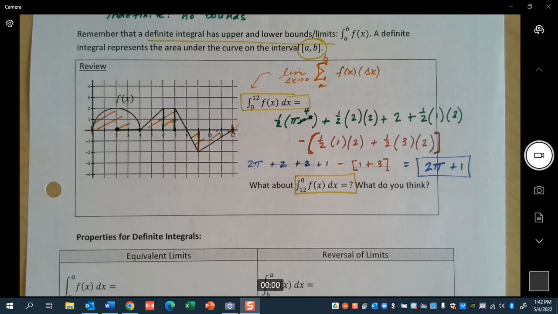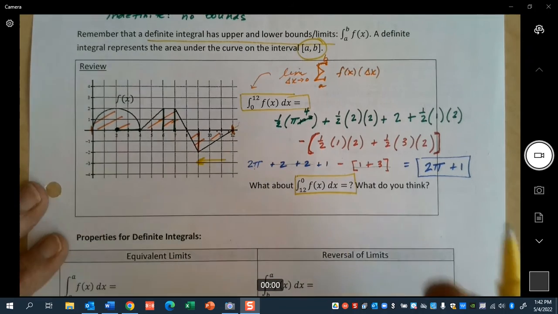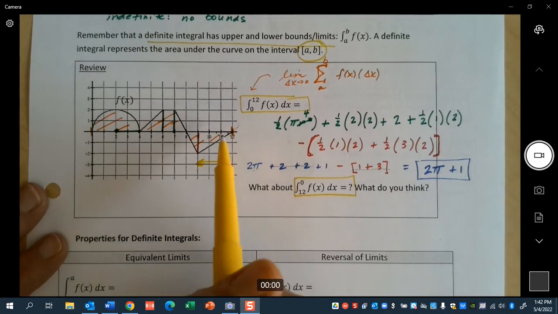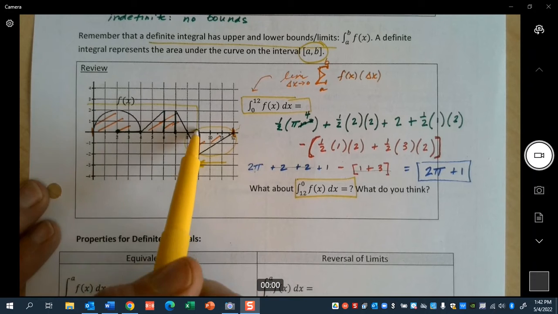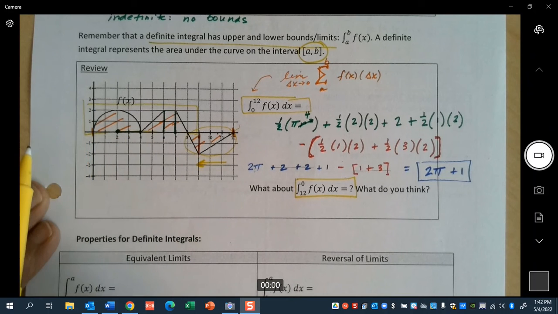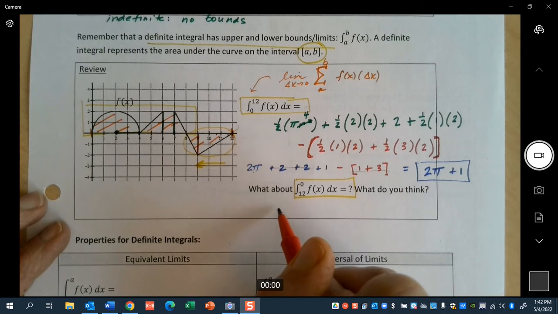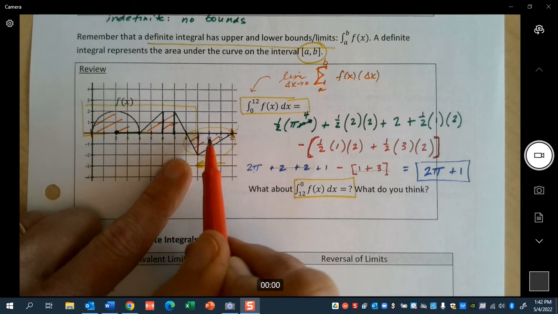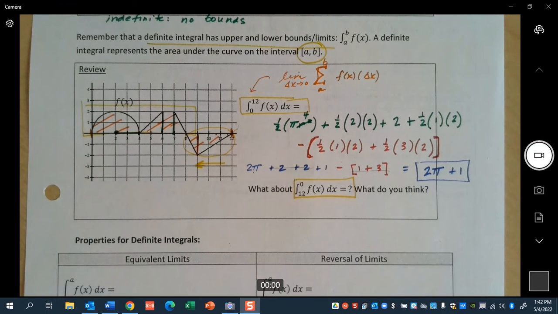Well, let's go backwards, right? So if we're moving this way, this value here, instead of being negative, what's it going to be? Yeah. And these values here, instead of being positive, what do you think they're going to be? Yeah, negative. So if I wind up with this 4 that represents my 1 and my 3, and I represent that moving the other way,